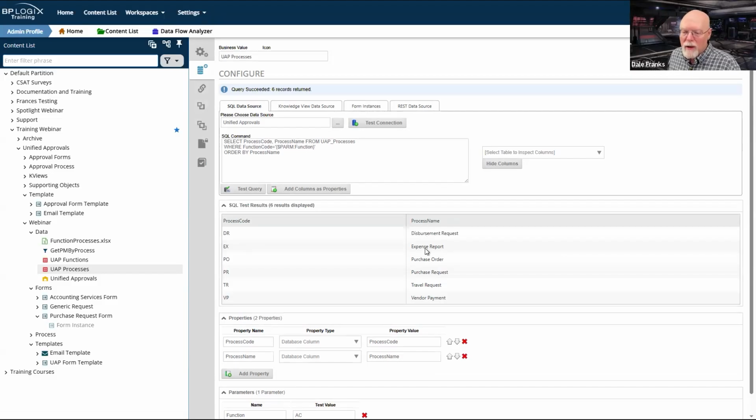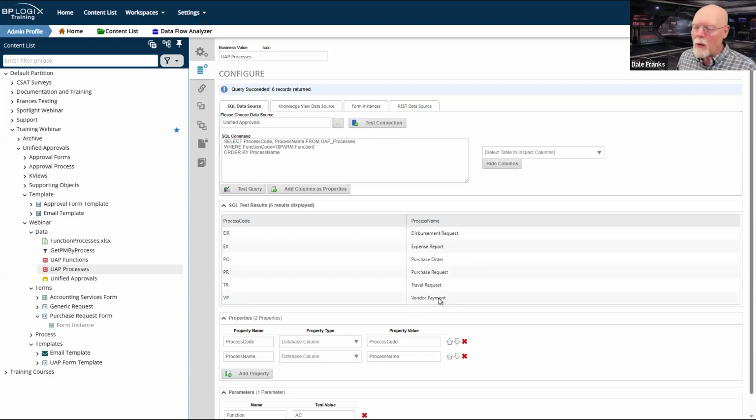Expense report, that's probably AP, because I'm not paying, they're paying me. So that would be AP, accounts payable, purchase order, accounts payable, travel request, accounts payable. Okay. So in this case, vendor payment, which has the process code of VP, is the only one that goes to accounts receivable. In the real world, I would have more than one AR function.